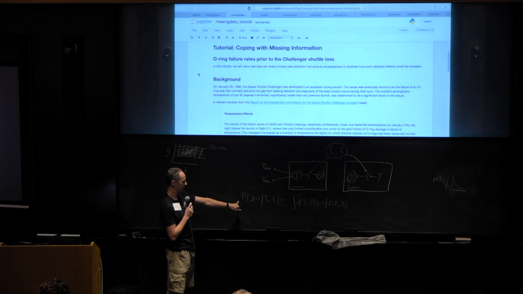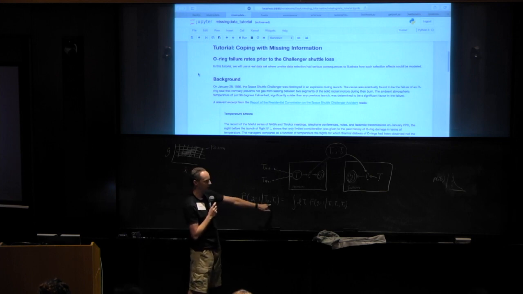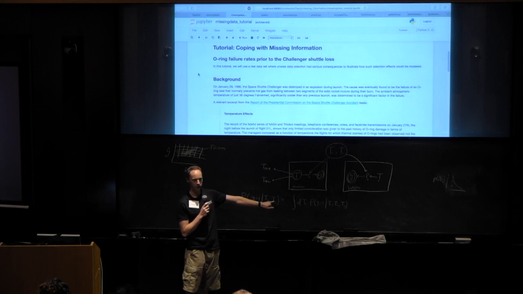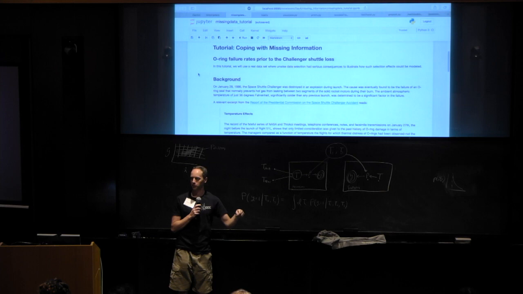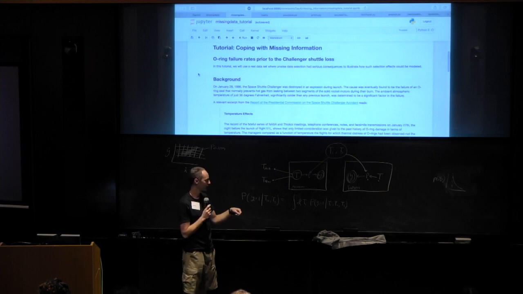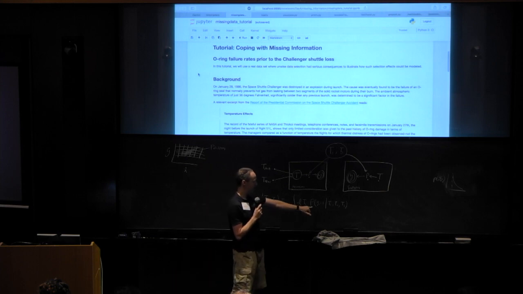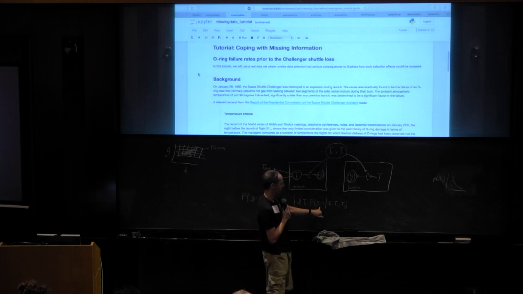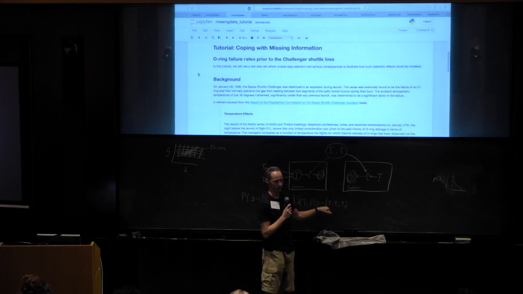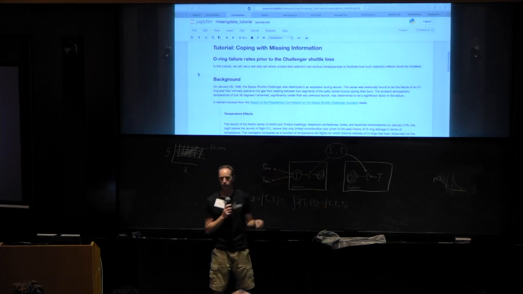So for the successes, the probability of success given only T0 and Ts, which is the thing that you would want to plug into the grid-based posterior calculation that I gave you, is the integral over the temperature of that launch of the probability of success given T0, Ts, and temperature, which is the very first thing that you coded up.